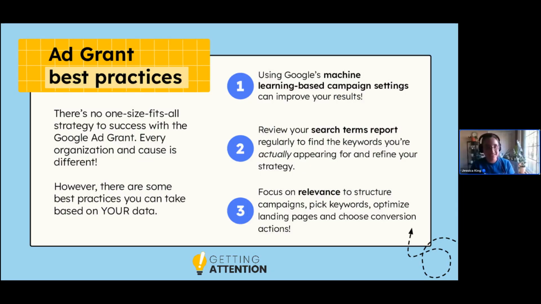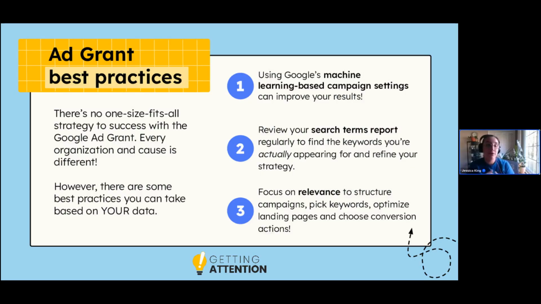What I don't want to see anyone on this call do is get in their Google Ad Grant account and say, like, best nonprofit or something like that. These are overly generic keywords. It's very unlikely that one, you'll show up, but two, even if you did, somebody who is searching best nonprofits, there is no guarantee that they are necessarily interested in specifically you, what you do, etc. I think that's swinging a little too far for the fences.